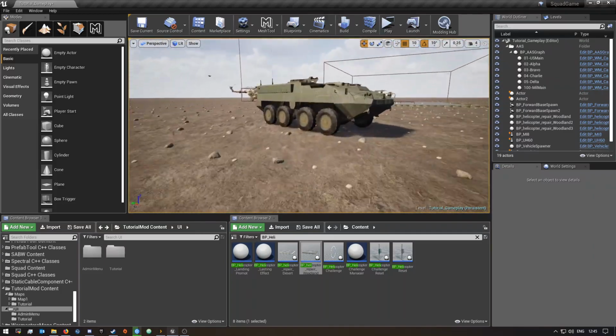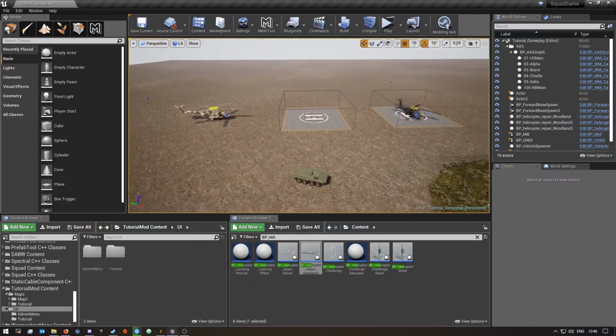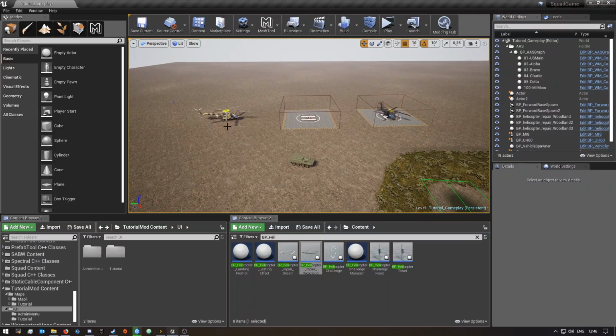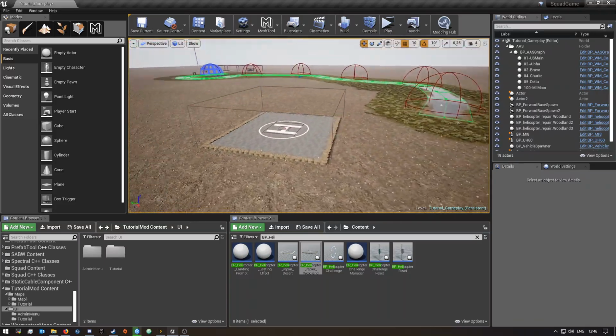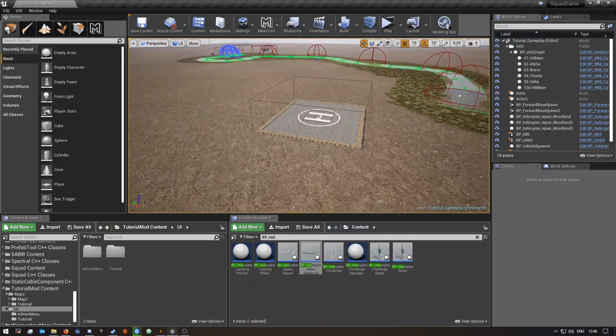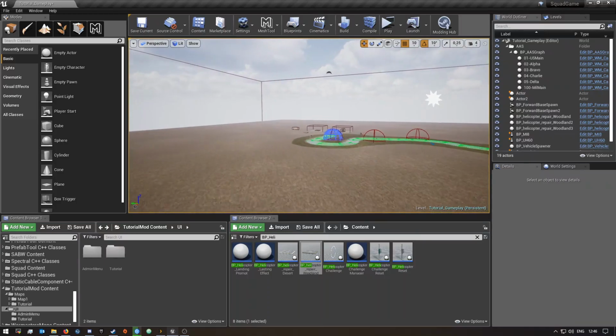I can't remember what they call this one again. Anyways, so it's a little bit damaged, and then we're gonna take off with this one just so it's not completely destroyed, and then we're gonna come over here and land here, and you guys will see